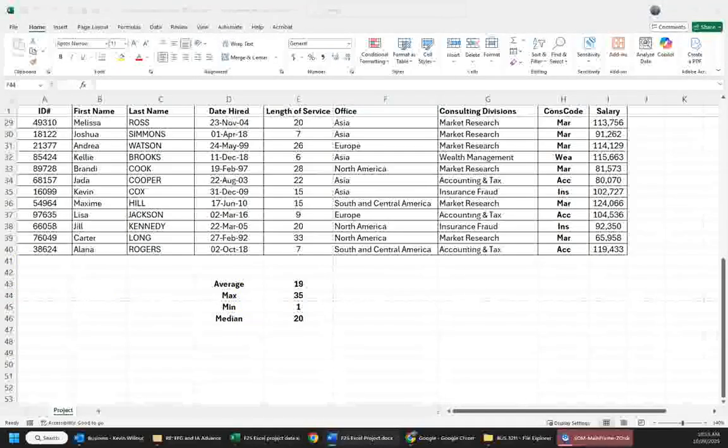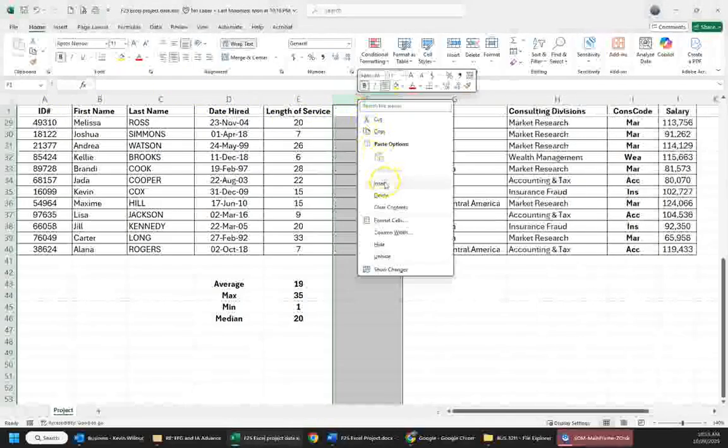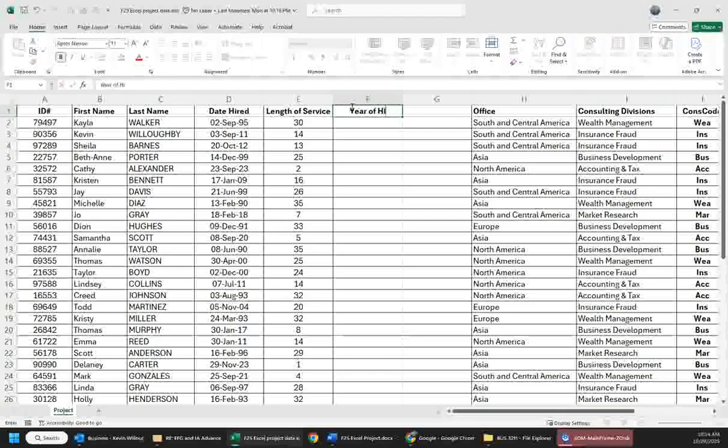Step 8. Determine the year and month each employee was hired. These are two really good functions here. So we want to insert two columns after the length of service. And we want to call this one, the first one, year of hire. And the second column, month of hire. So the year of hire uses the equals YEAR function,